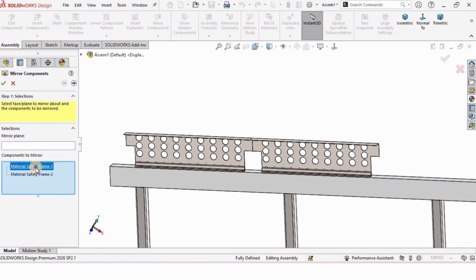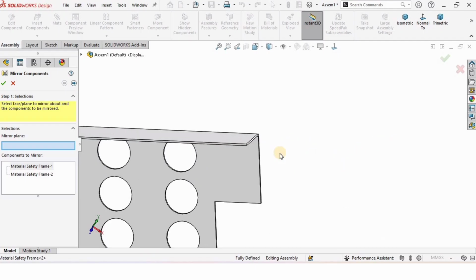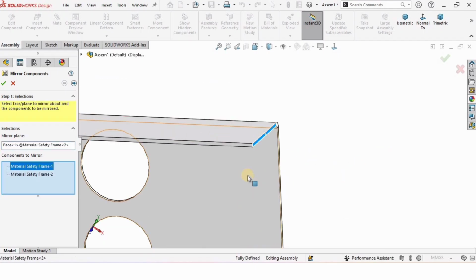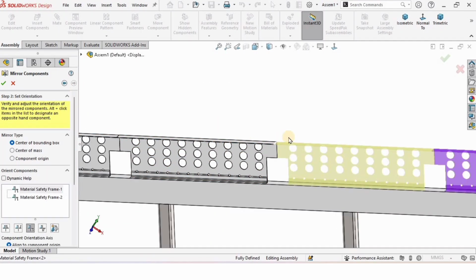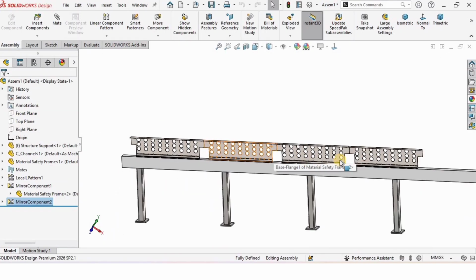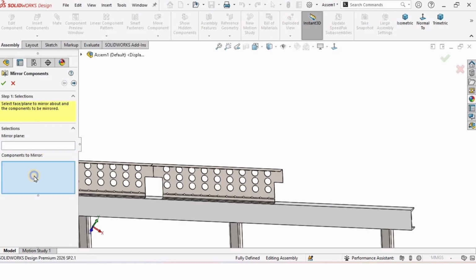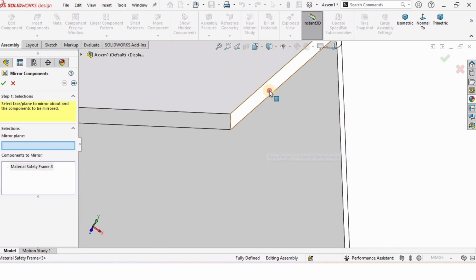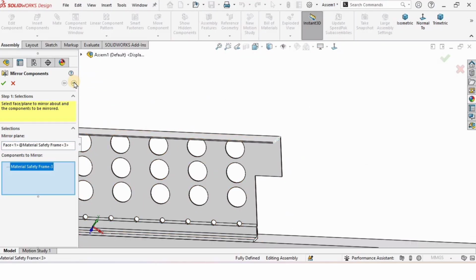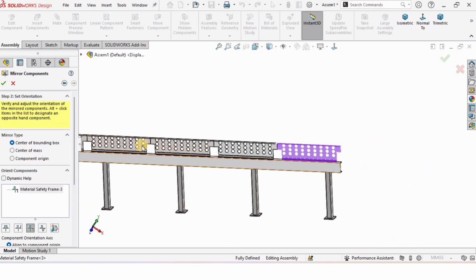I will repeat this process. I will clear this window first, and in this window I will select these two material safety frames. In the top window I will select this face of the material safety frame, the second one, so that they can get mirrored like this. Now I would require one more, so I will select the mirror component again. In this bottom window I will select only this one, the last one, and in the above window I will select this face, and by pressing the forward button you can see, here we go, we have this material safety